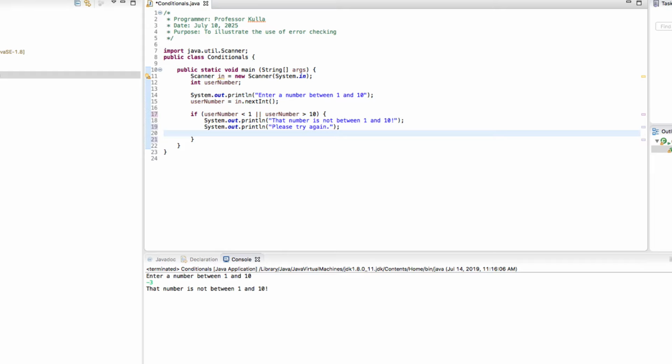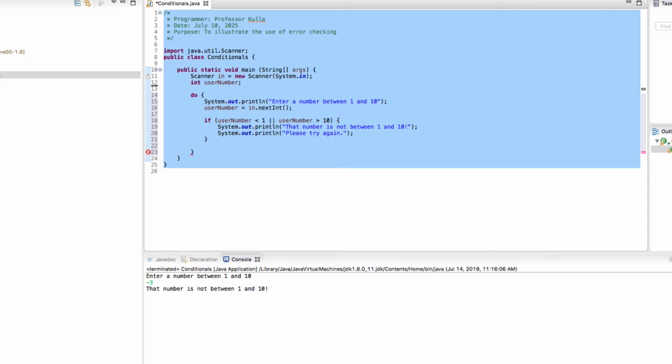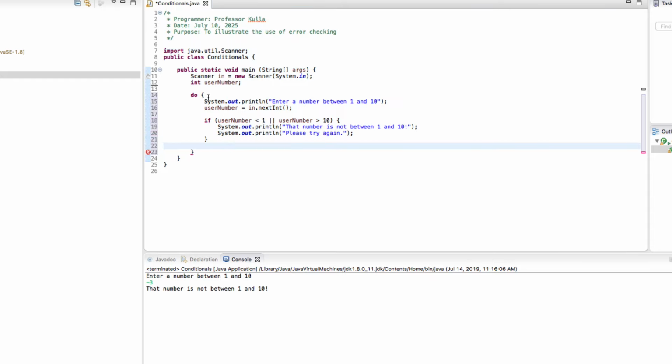So what I'm going to do is I'm going to surround this code from the enter a number in a do while loop, right? So I'm going to say do this, right, all the way down to here, right? And I'm going to auto indent. The way you auto indent, by the way, is you do Command A, right, and then Command I on a Mac, right, Control on a PC, right? So it's going to do all that, and I want to say while